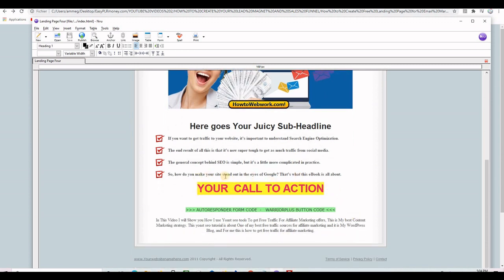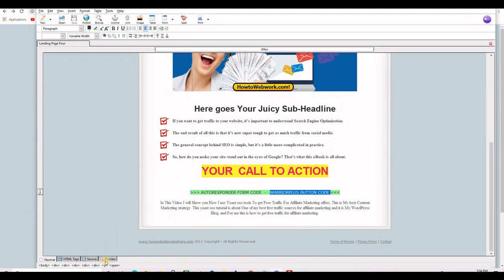And after that, you can put a subheadline, some bullet points, and then a call to action. And just after the call to action, you insert the autoresponder form code or the Warrior Plus button code, just like we did before with the WordPress template. So this is exactly what I'm going to do. I'm going to grab the code from GetResponse and the code from Warrior Plus and bring them down here. I will be able to put them because I have this tab here at the bottom that says source,